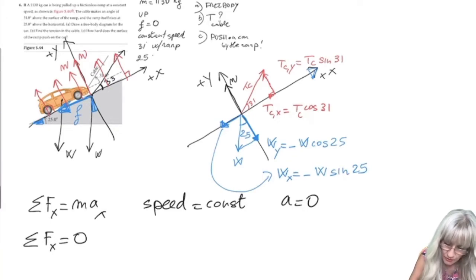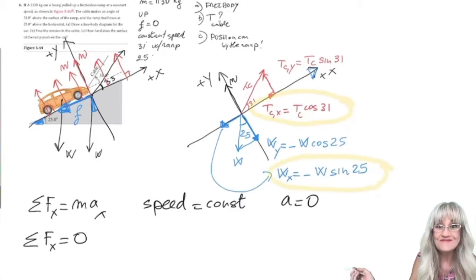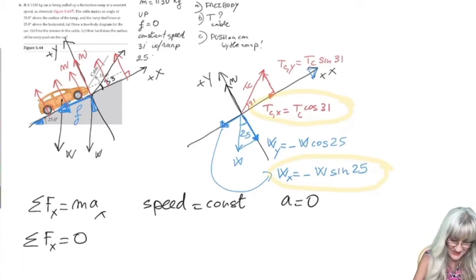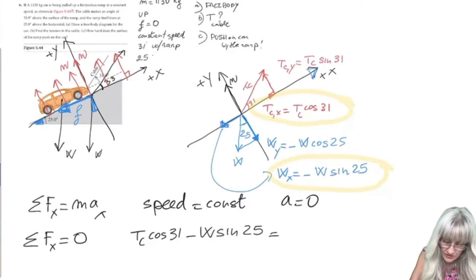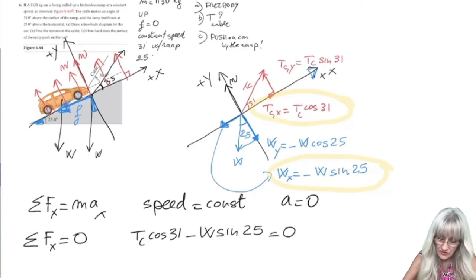Which are the x components? I'm going to do it in yellow. Here is an x component and here's the other one. Only two, super easy. So I have Tc cosine 31 minus the weight sine of 25 equals 0. So as you can see, I can find this tension, I should call it just tension,